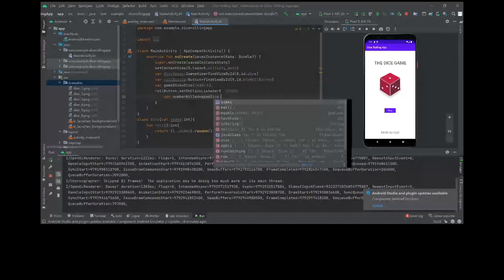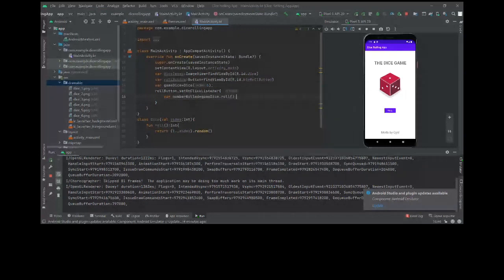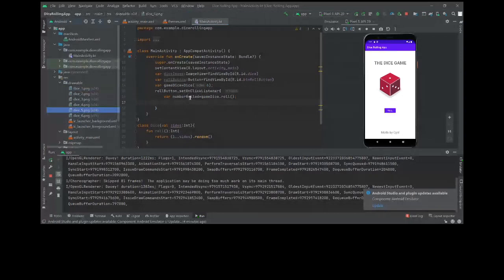Okay. So what this does is that it runs the roll function inside game dice, and this function returns an integer that will be a random number, and we are storing that integer inside our variable. So number rolled will change whenever we click roll dice. Okay, so now we have the number rolled. Now we need to check it. If it is 1, we have to display the image respective to dice 1. If it is 2, we have to display the image respective to dice 2. Like here we have dice 1, dice 2, dice 3. So according to the number rolled, we have to change the image.